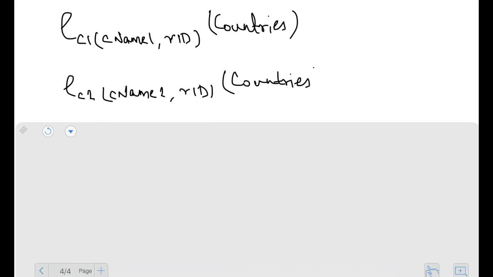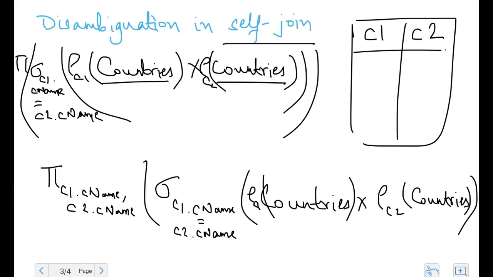So at this point what I've done is I've renamed all other columns apart from RID right here. And what this allows me to do is now I can use a natural join right here, because for a natural join RID is the only column that's common between these two. So that's another thing I can do. But I can either do it the way I've done here, or I can do it the way I've done here. But in either case, what we've noticed is that the rename operator is unavoidable here,